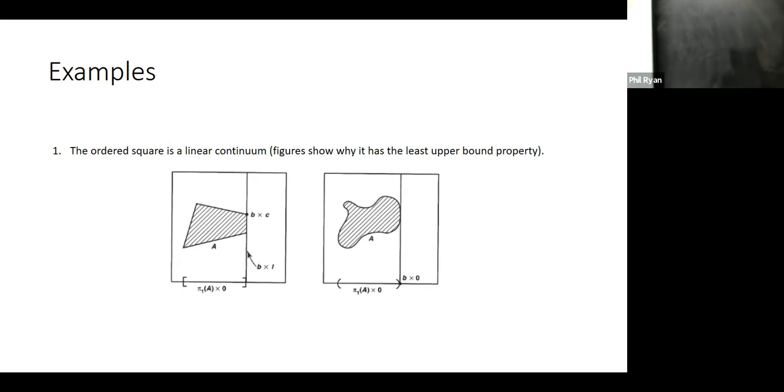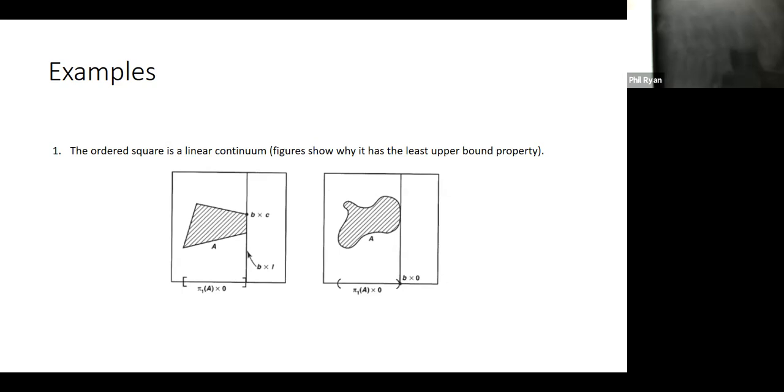Okay, and so we're going to get some kind of set down there that has a least upper bound. Now, B is that least upper bound that we have for this set here. Either B is in A, so either B cross